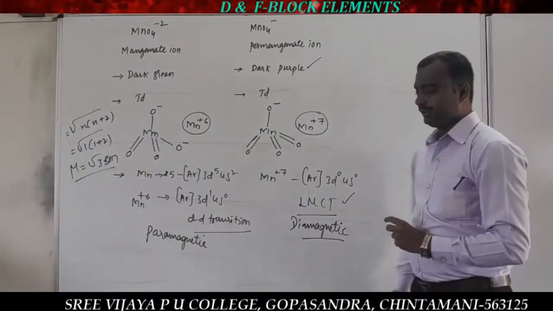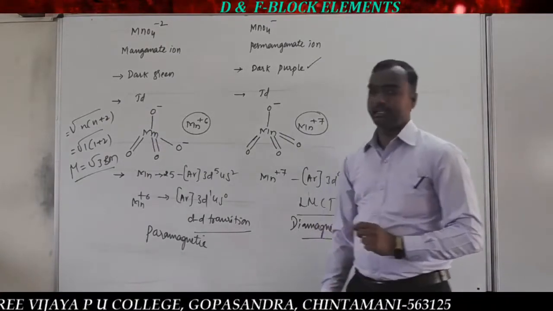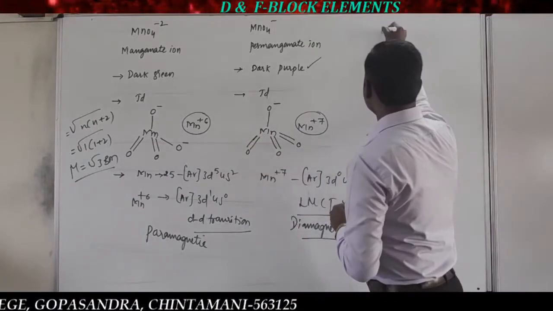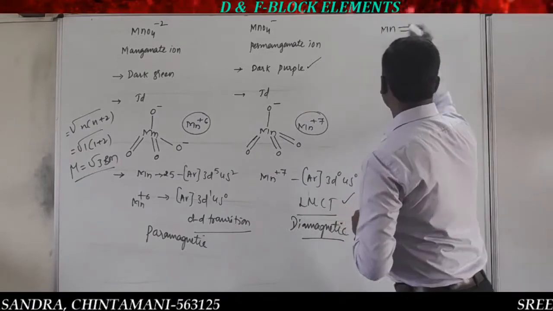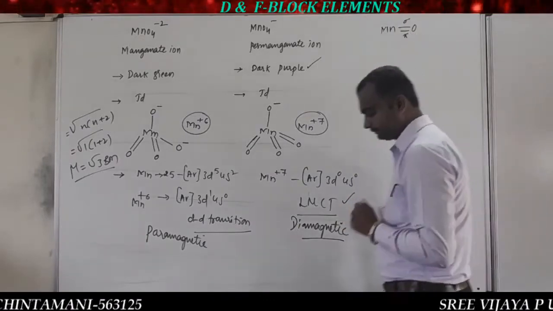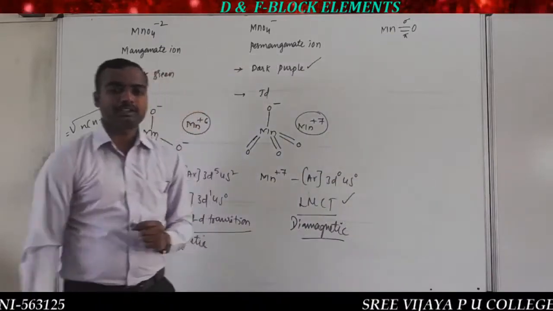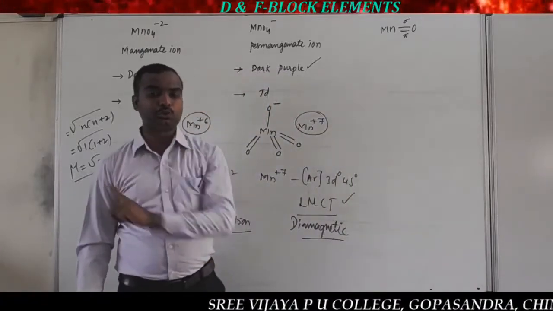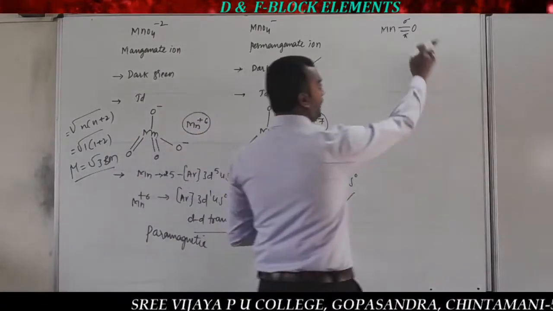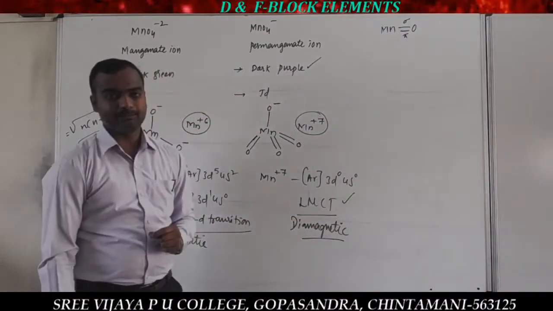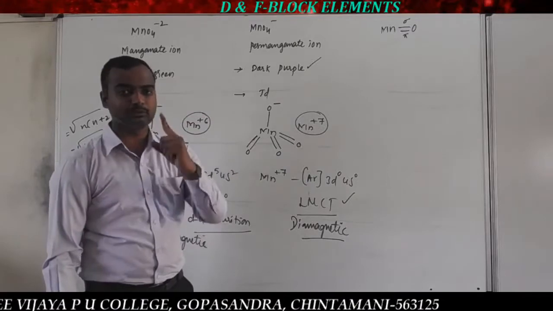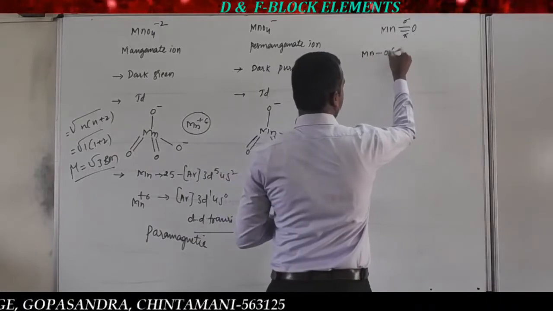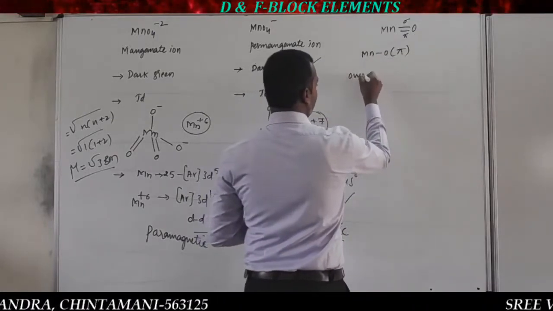Another important thing in the case of manganate and permanganate: Mn and oxygen are bonded by a double bond, which consists of one sigma bond and one pi bond. An important question was asked in competitive exams: the pi bond between Mn and oxygen in potassium permanganate is formed due to what? A pi bond forms by sideways overlapping, so which orbitals overlap is important. The manganese oxygen pi bond is formed by overlapping